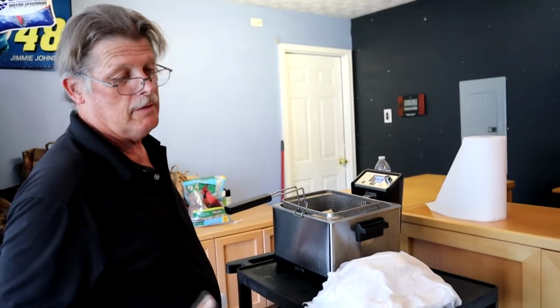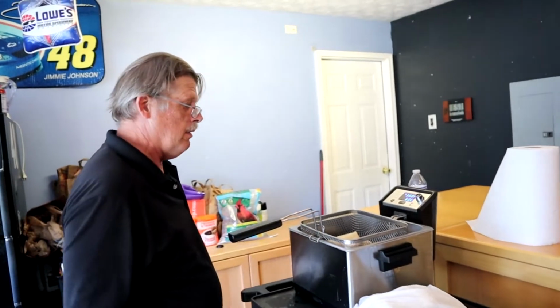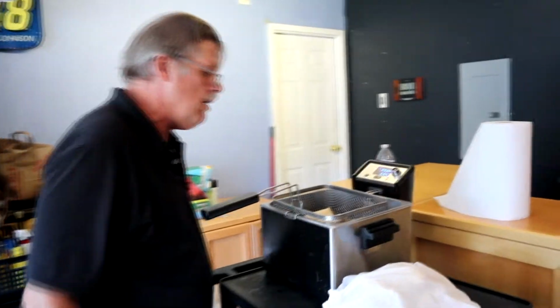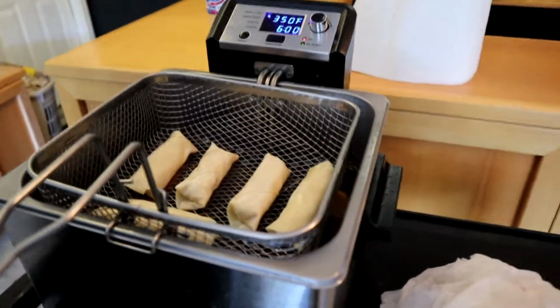I'm in the garage. I don't like frying food in the house, especially if it's a lot of food, because your house will start smelling like it. Anyway, 350 degrees, deep fryer here. I'm going to do about 5 at a time, and we're going to try for